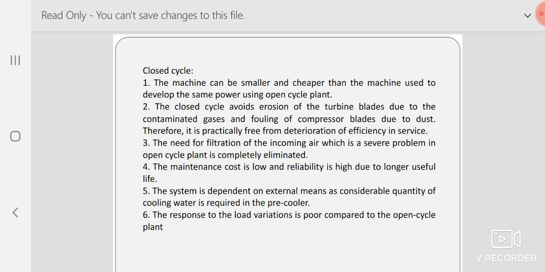In a closed cycle gas turbine, the machine can be smaller and cheaper than the machine used to develop the same power using an open cycle plant. Now, it's somewhat a relative matter. Smaller and cheaper is in the sense that the operating cost is cheaper. In the installation cost it is not cheap. Why is it not cheap in installation cost? Because for cooling the gas, you need a separate cooling tower to be bought. A fresh water system is to be there, and for that a water pump is to be there. That cost is there. A filtration cost of water is there. Continuous maintenance of the cooling tower and water is there. All these coming together